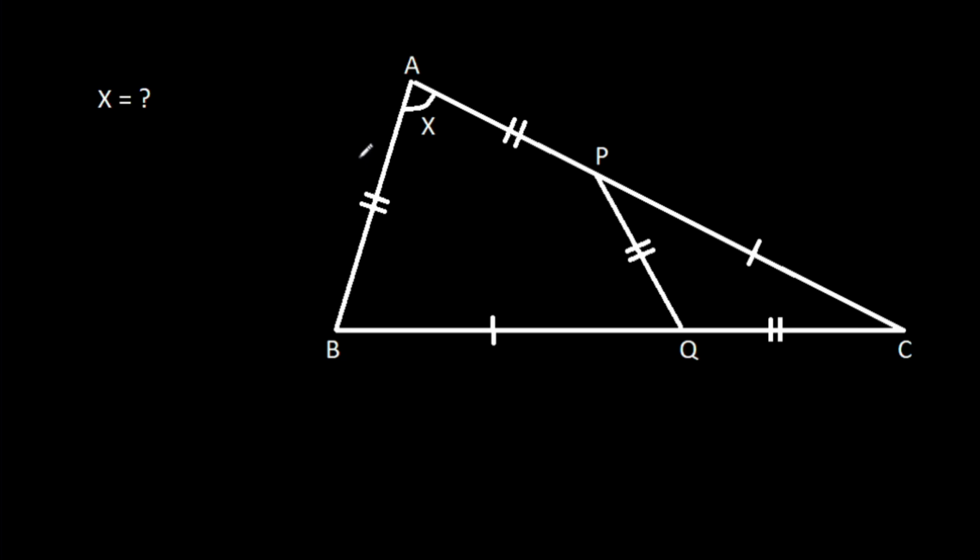In this video, we have been given that AB is equal to AP is equal to PQ is equal to CQ, and BQ is equal to CP, and angle BAC is X. Then we have to find X. So if we join AQ